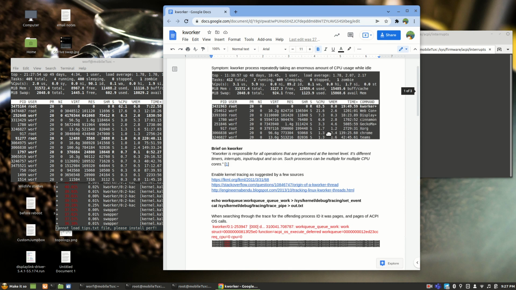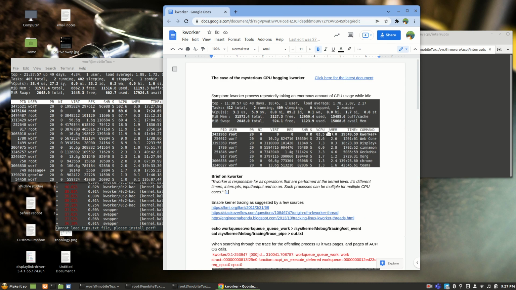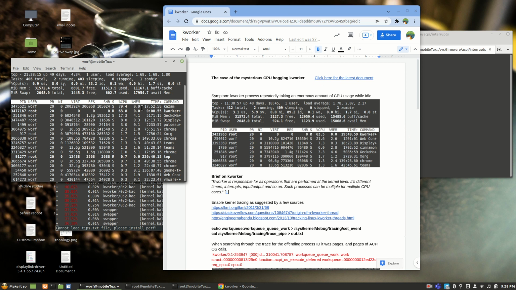Alright, so today I'm going to talk about kworker. It's a legitimate process. It's run by your kernel. It manages some interrupts and important processes that are needed by it. But in certain circumstances, like the one I'm currently experiencing, you'll see that it's tied right now with my screencast